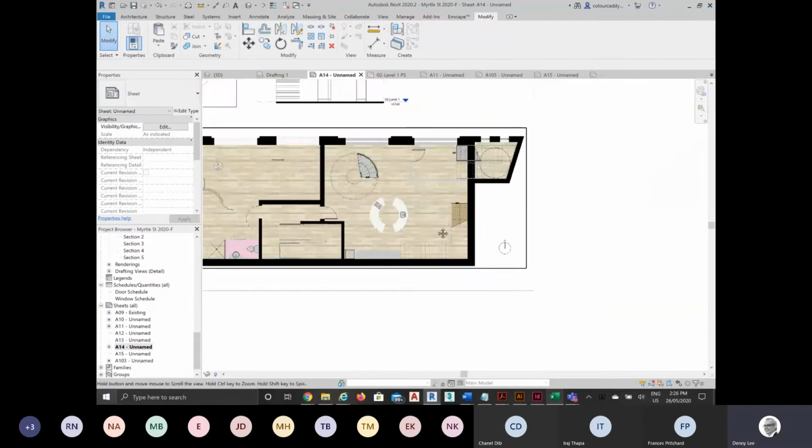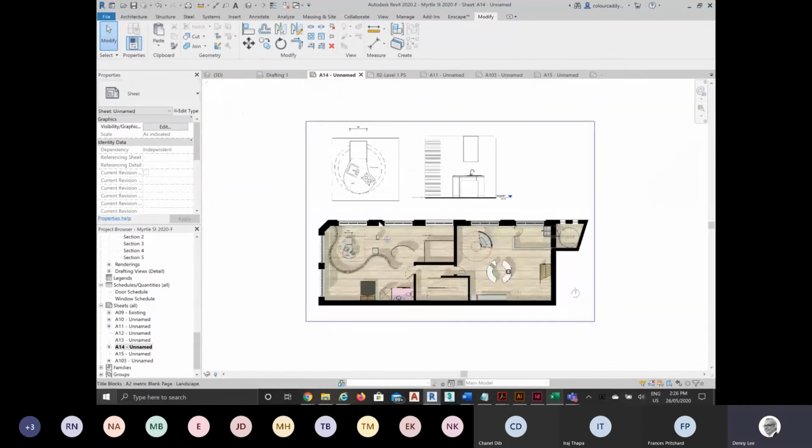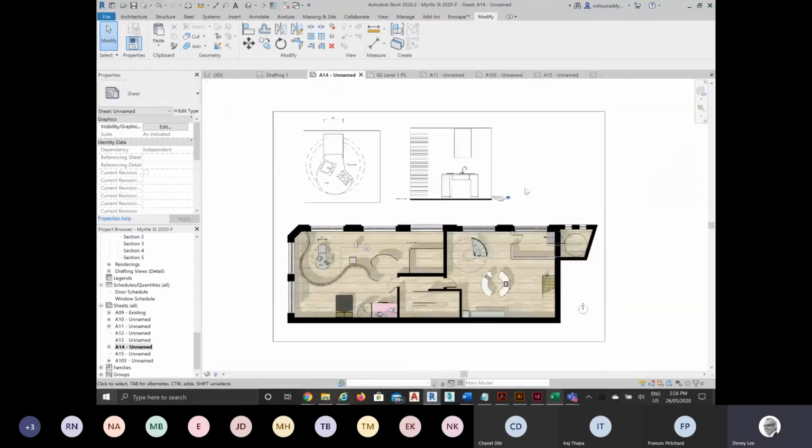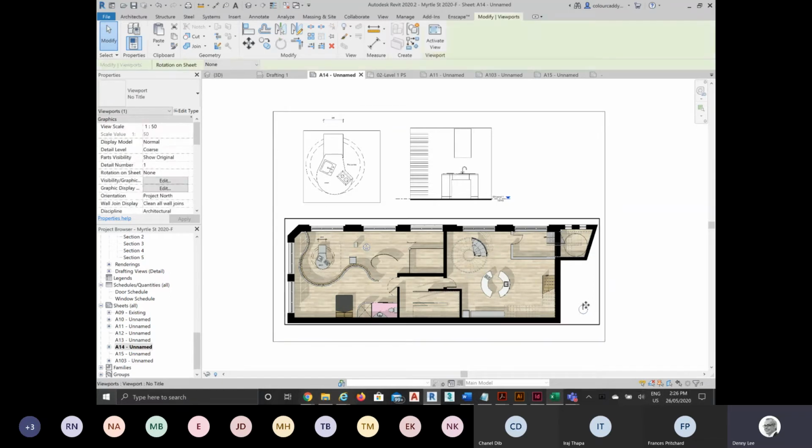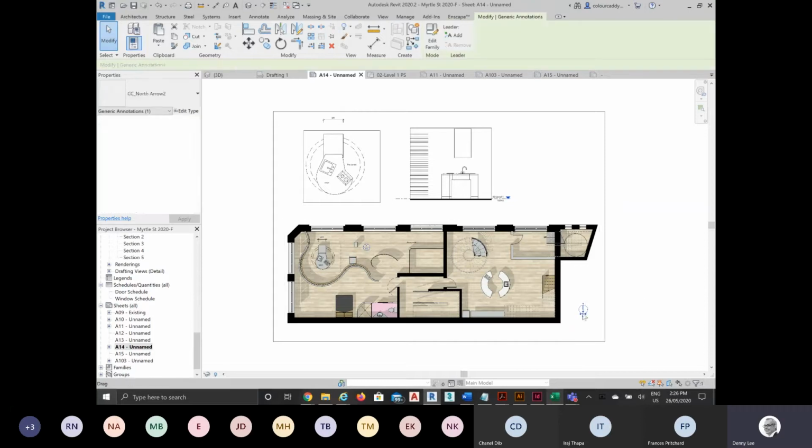So I've got the north point there, and if you're wondering where to place them, there is no rule, but I suppose most people used to looking at drawings like this would expect it probably in the bottom right corner, or maybe the bottom left, but usually towards the bottom of the page. But not always, it can be up towards the top. But I suppose it would be often near the corner, but again, I have seen them dead bang in the middle as well. So again, there is no hard and fast rule for the positioning of the north point, but